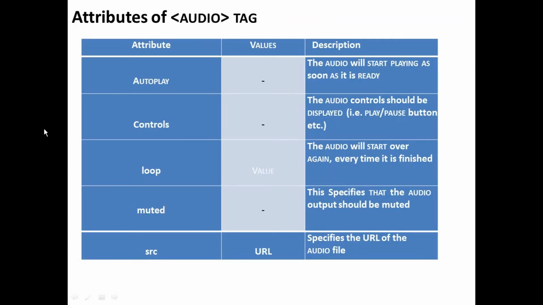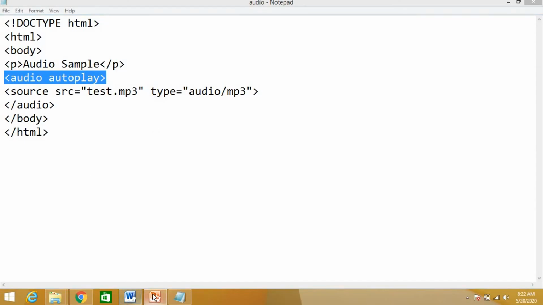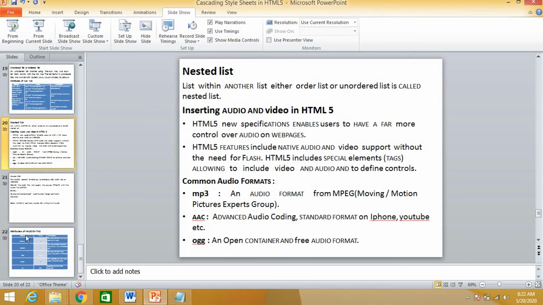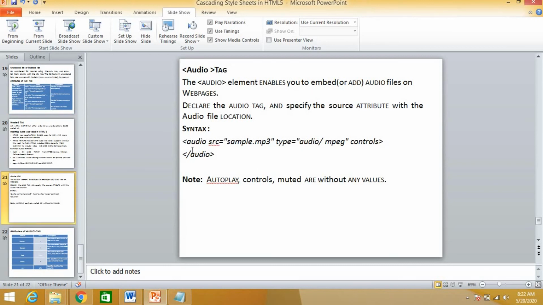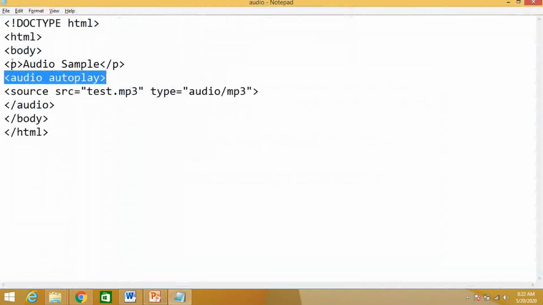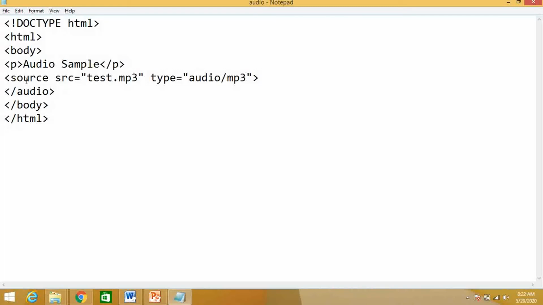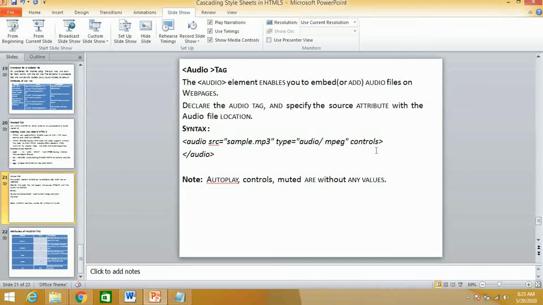See the syntax, it is audio src. You can write the things like this also. Suppose if I want to write in this format, audio source this, then type.